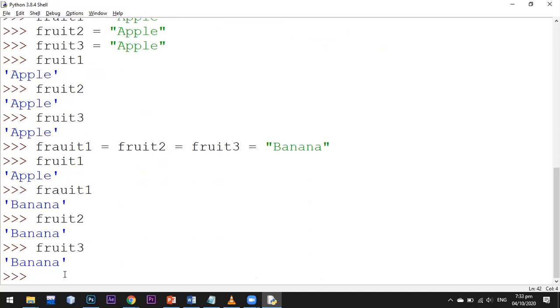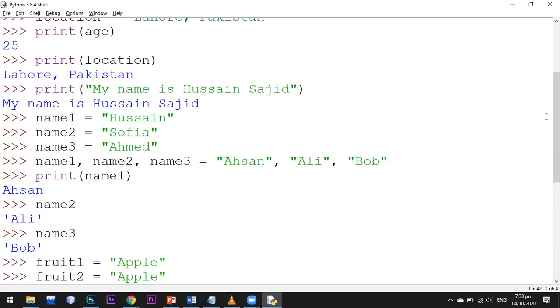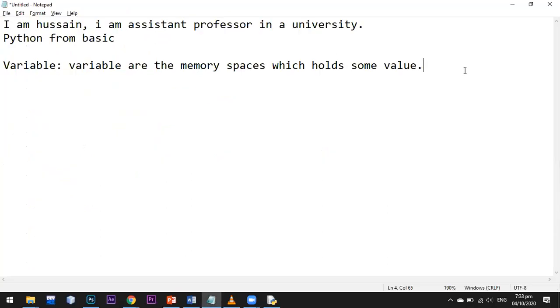Okay, now let's discuss data types. What is a data type? A data type is the type of value that the data has. I'm going to discuss three basic data type values. One is numbers, and the second is text.